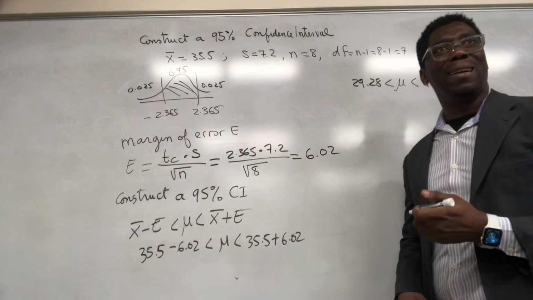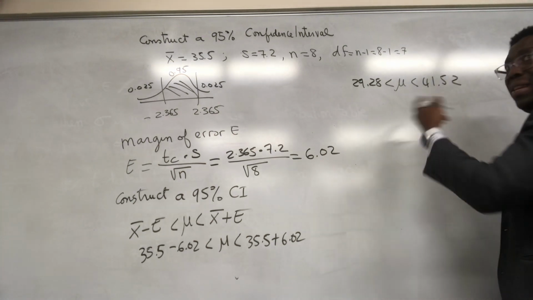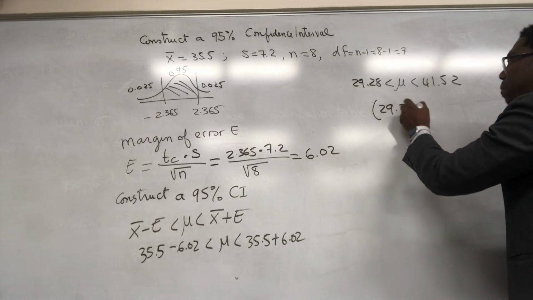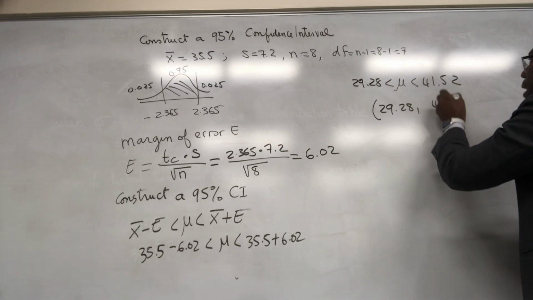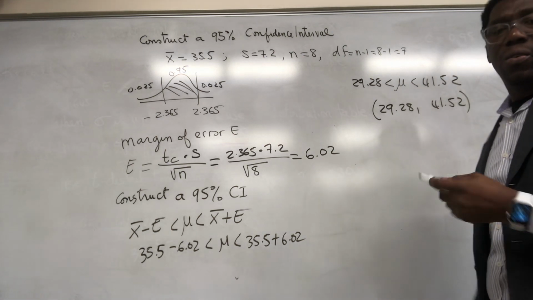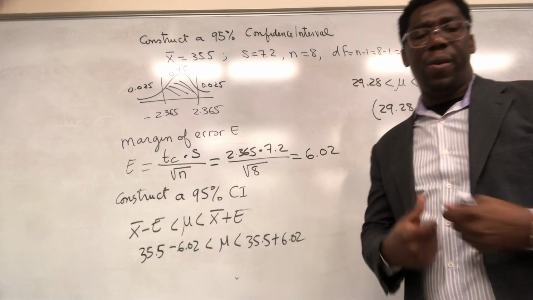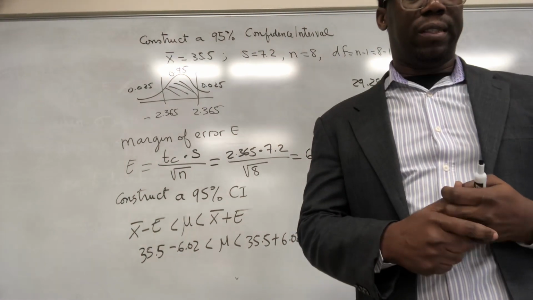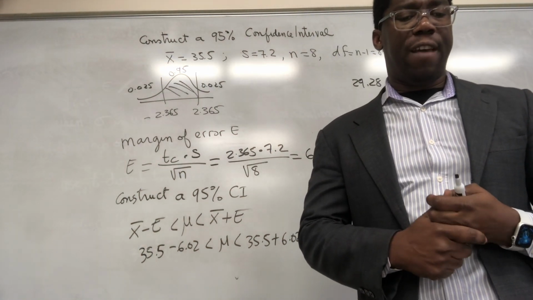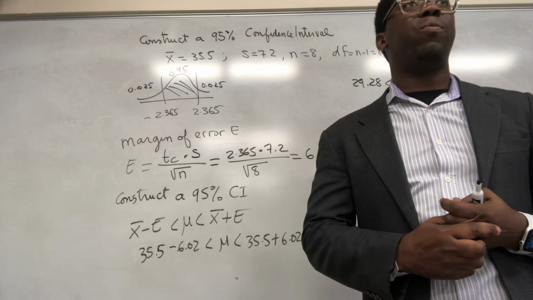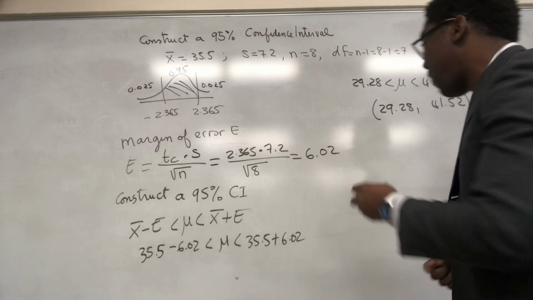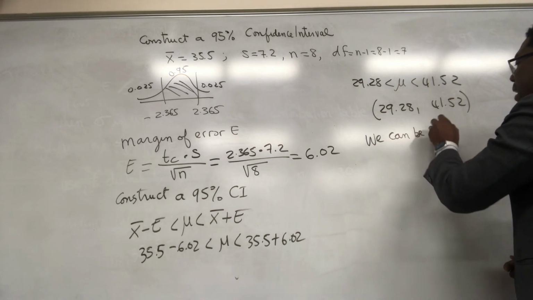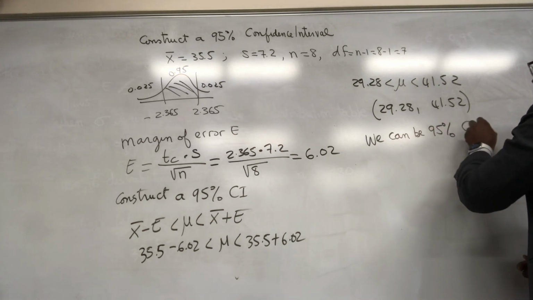It is a 95% confidence interval. You can leave it like this if you want, or write it in the interval form, 29.48 to 41.52. And you can answer the question because they said in a random sample of 8 people, the mean commute time to work was 35.5 minutes and the standard deviation was 7.2 minutes. So we can be 95% confident